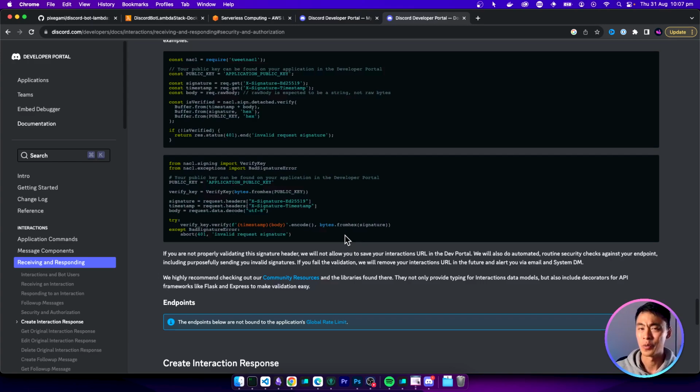Dependencies that are to do with cryptography are usually harder to package because they rely on a lot of system libraries. This is why we're going to use Docker later on to make sure that when we add these dependencies, they have the right libraries. If I build my Python app on a Mac and then I try to host it on AWS Lambda, which is using a Linux runtime, it's going to have compatibility issues. But first, let's just focus on adding this verification to our app.